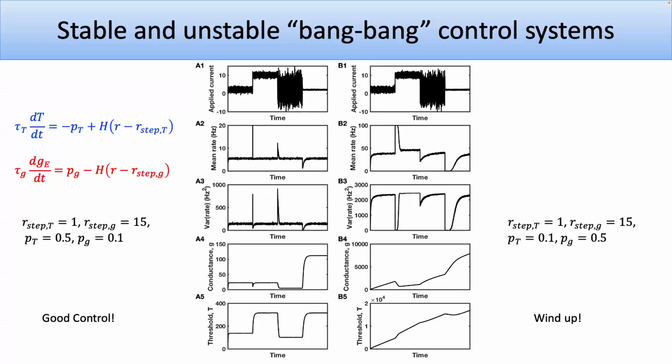And again, there's going to be a constraint, because here we have 50% of the time it should be above a rate of 1 hertz and 10% of the time above a rate of 15. That's okay, that would make sense. And the controller works. We basically control the mean and the variance.